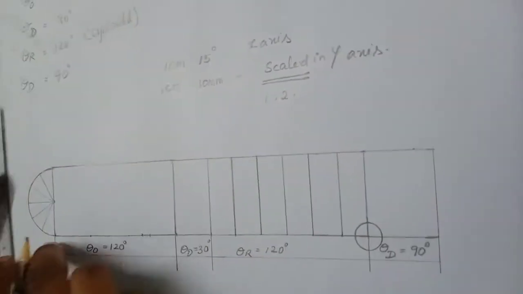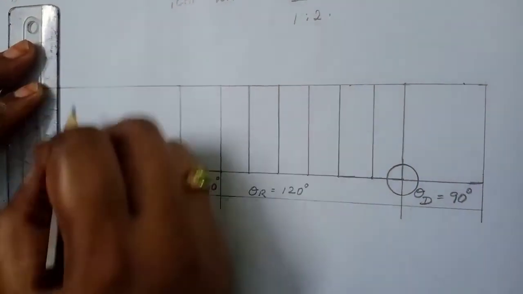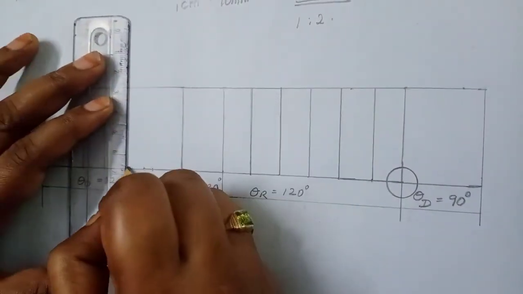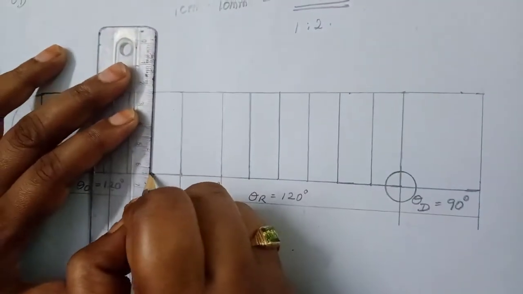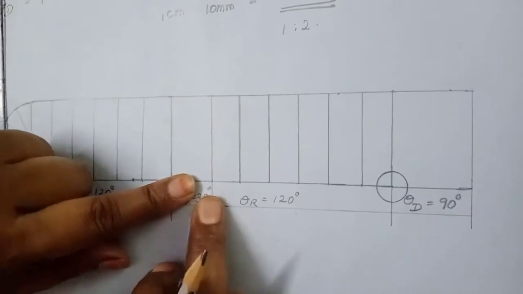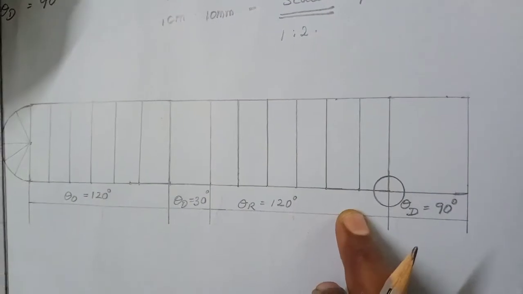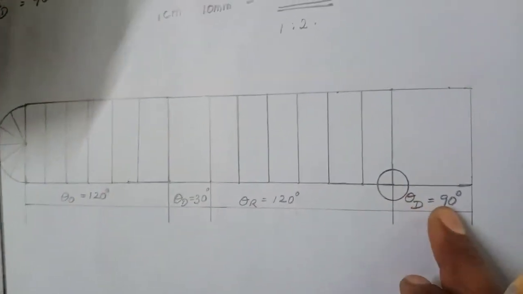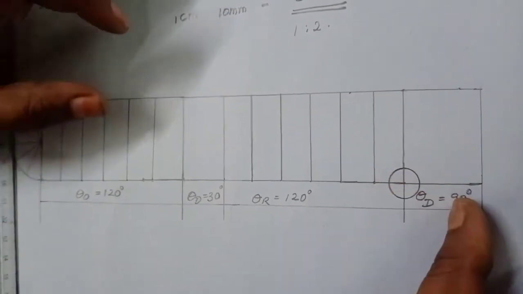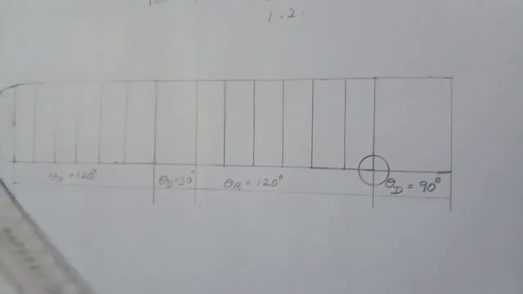Then now I am drawing this semicircle I have drawn. So now I have divided this particular outstroke into 6 equal parts. So that one I am making now. And then the dwell period is 30 degrees. So the corresponding value I have taken here. 30 means 2 centimeter. Then the return stroke is again 120 degrees. It becomes again 8 centimeter nearly. And then for theta D I have taken simply a break line. So some amount of length I have drawn here. Okay. So now this is the initial construction of the displacement diagram.